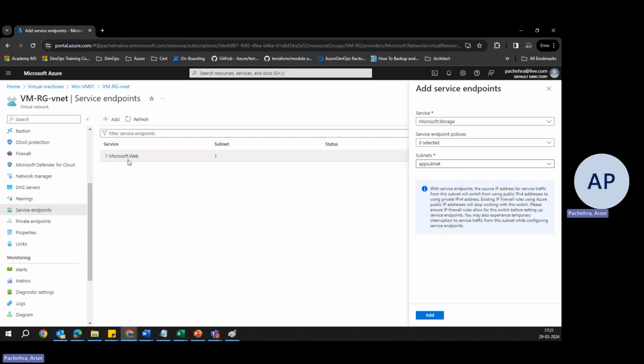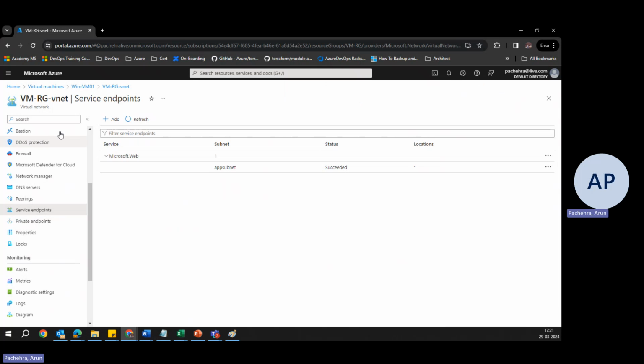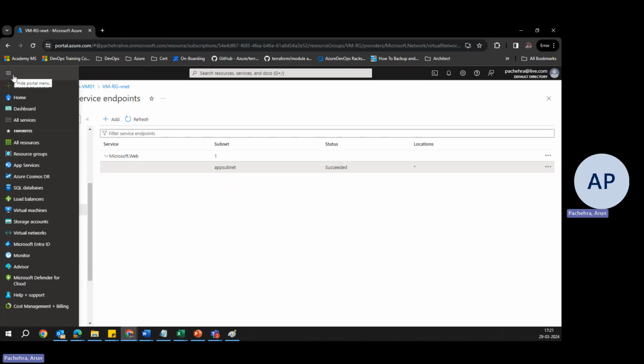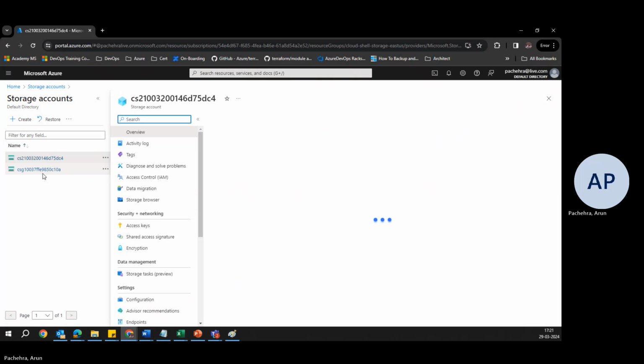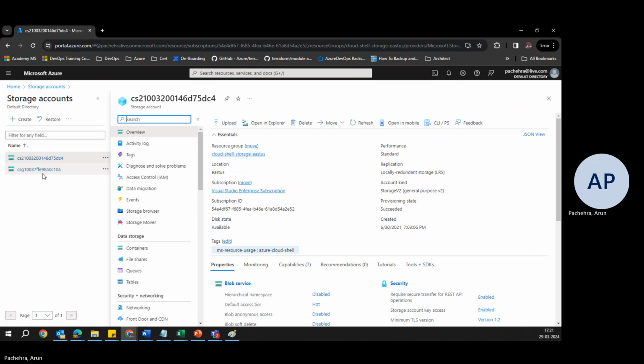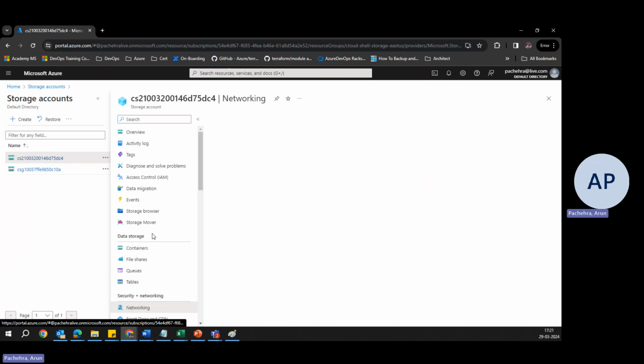Right now you can see Microsoft.web. I already have one service endpoint for the app subnet which says succeeded. Okay, now app subnet. Now let me go back to storage account. Okay, now here under networking